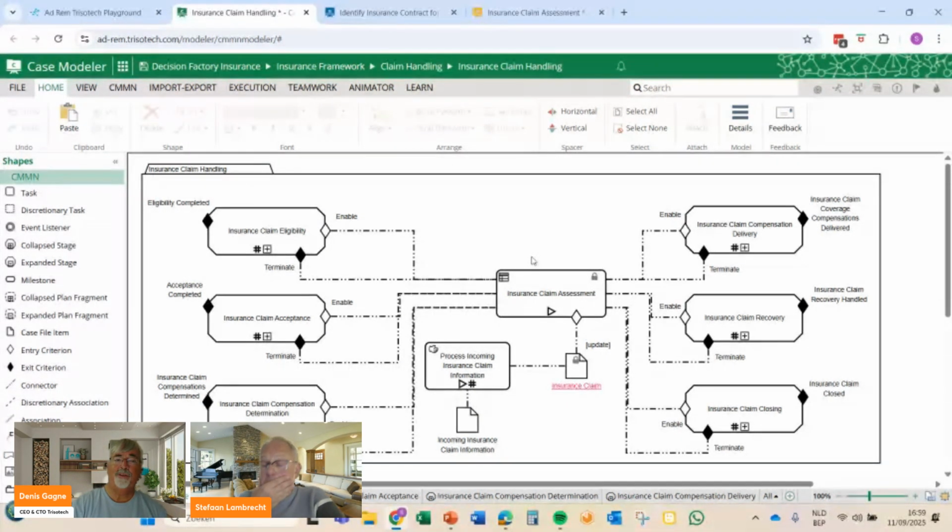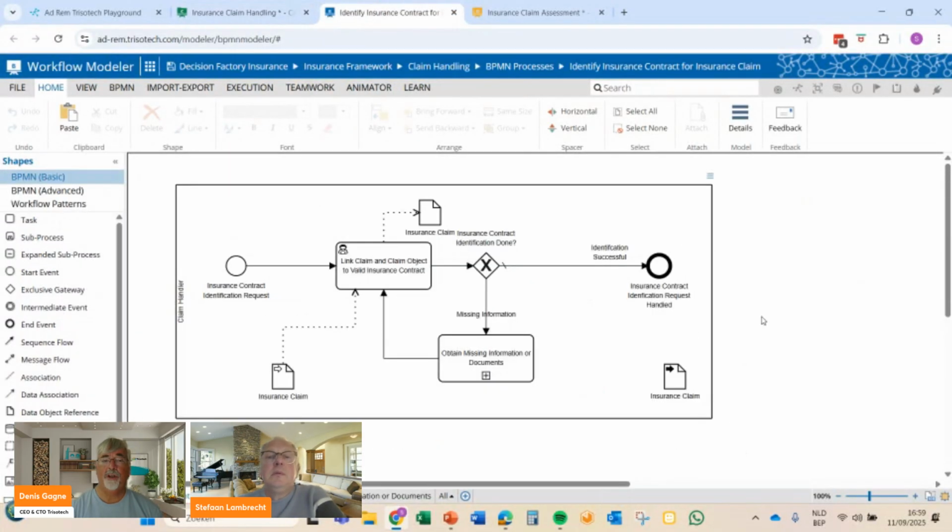And if you can go back to that BPMN model, I think something interesting to note is that you see that task there that's marked as a user task. Within the TriZetech platform now, we have the capability of this being either a human user or an AI user. Yeah. So you can specify an AI agent as the performer.